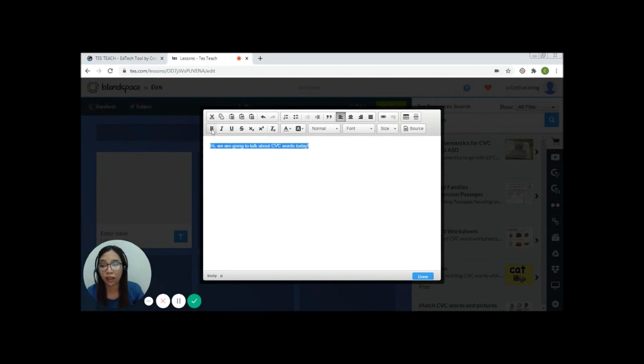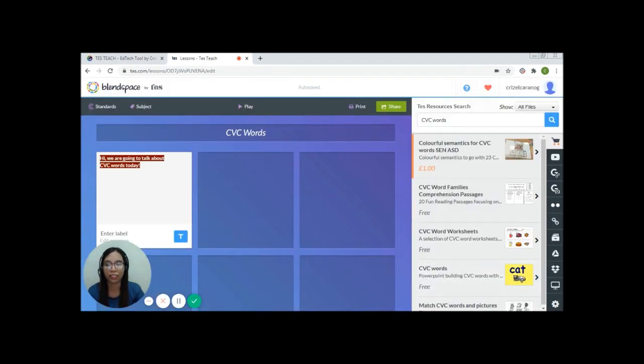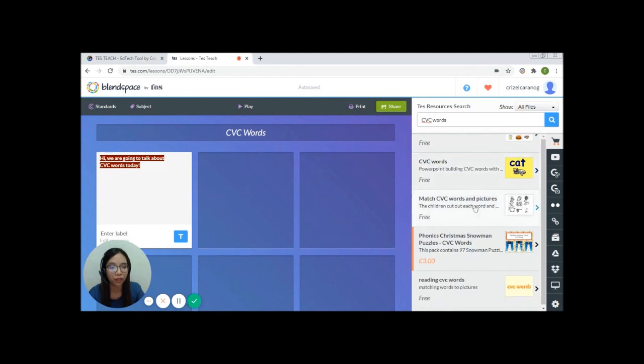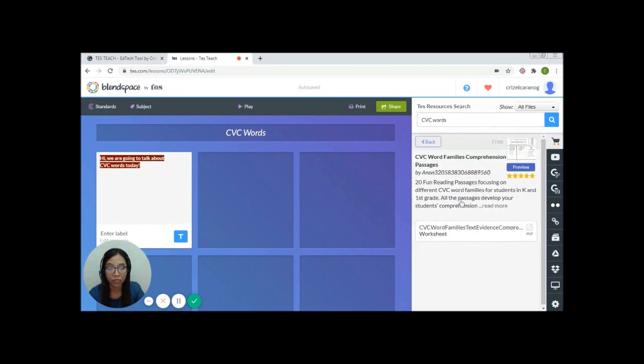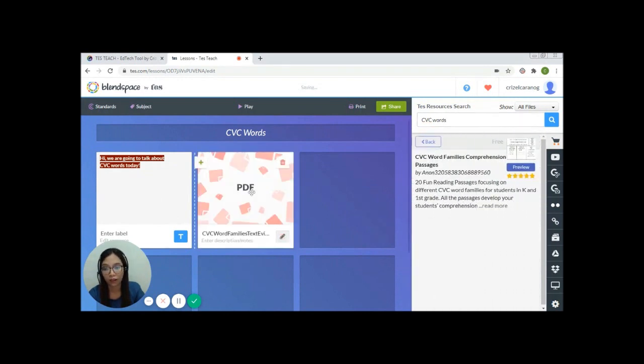And here we can add quizzes as well. But then the sad thing about this one is that we can only do multiple choice or true or false for our quizzes because it does not allow you to do essays or short answers here. So that's it. Okay. And then your students will be answering your quizzes once they play this presentation, and you will automatically be notified there, and I will show you later how you will be notified, or how you can check their answers. Okay, so here,